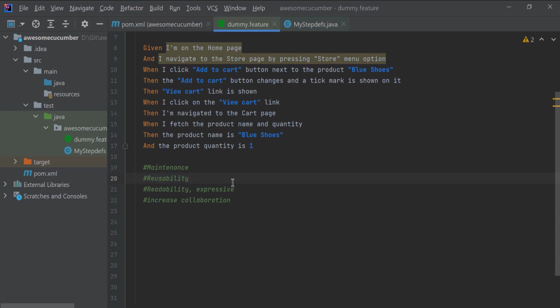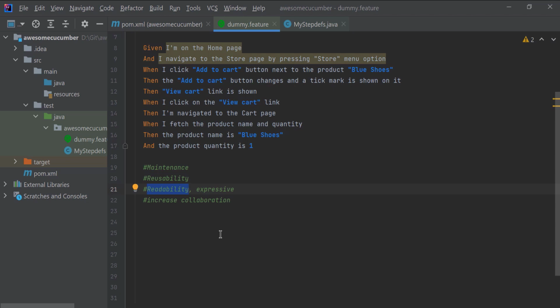And the third most important aspect is the readability of the scenarios. This is very important because in the end, it is the business that is going to read these scenarios, right? So the scenarios should be expressive. The scenarios should represent the specifications and not test cases.